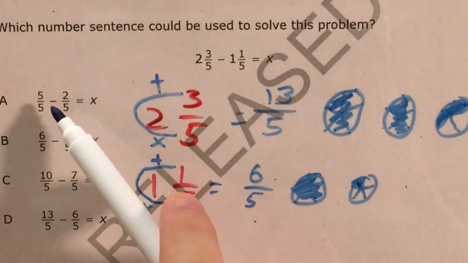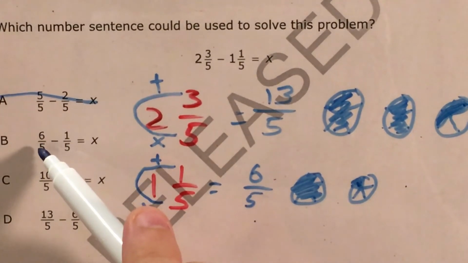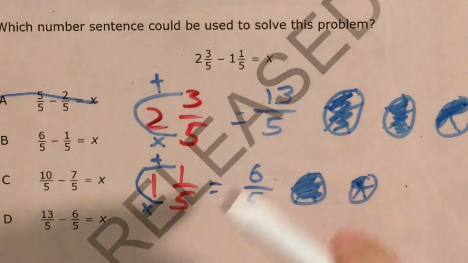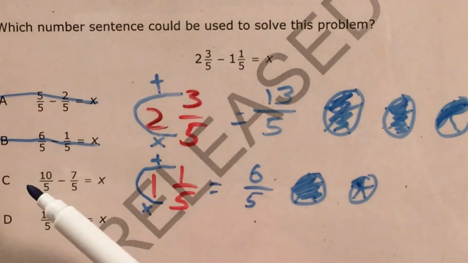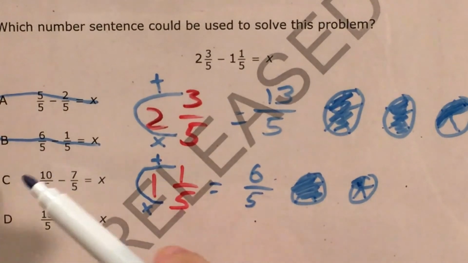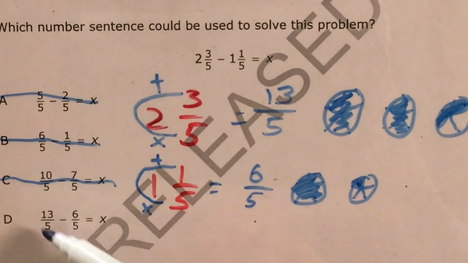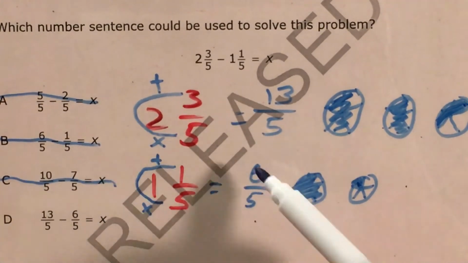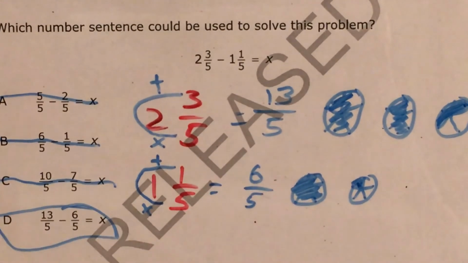Choice A, 5/5 and 2/5, that's not it. Choice B, this has 6/5, but it also has 1/5, and that doesn't match with what we're looking for, so that's gone. Choice C, 10/5 and 7/5, neither of those are what we're looking for, so choice D, 13/5 check, 6/5 check. They're in the right order. Yes. My answer is choice